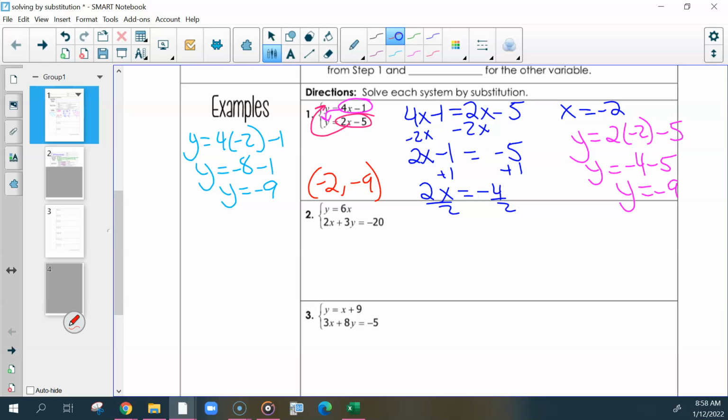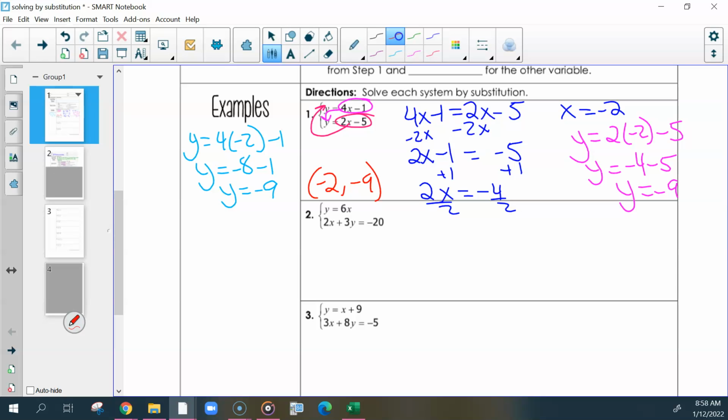Before we continue on, does anyone have any questions on how we did any of that process, how we got the answer, any of those things? Sabina. So why would we have to do both equations? You don't. I was just showing you that they both work. I know, I'm saying why would